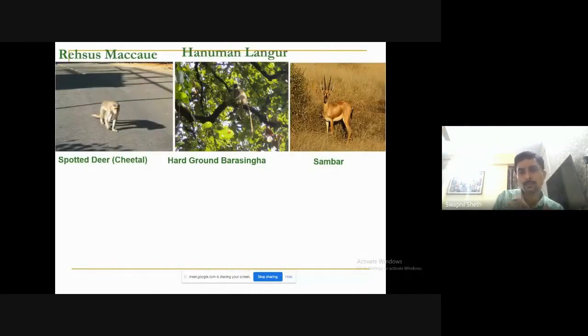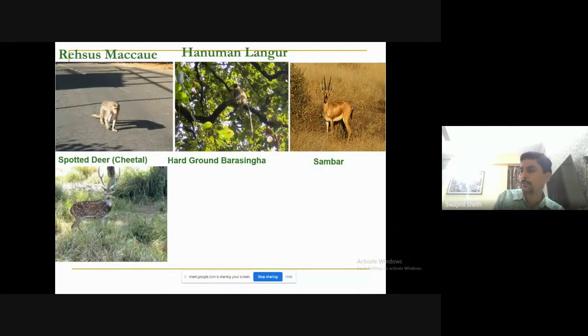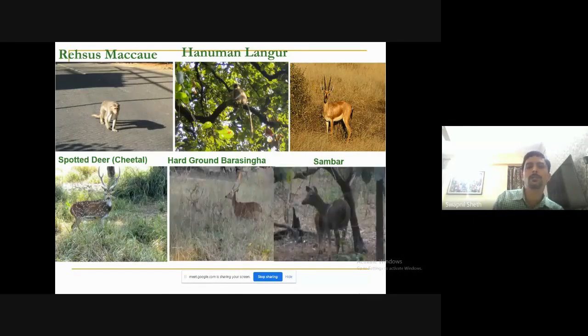So whenever we talk about genetic diversity or species diversity, there are 7 types of deer in our country. Here I am mentioning 4 for you, because of the time restriction. And then their presence in different areas with different landforms. Specifically, these deer varieties are the grassland varieties, but this sambar can be found in the